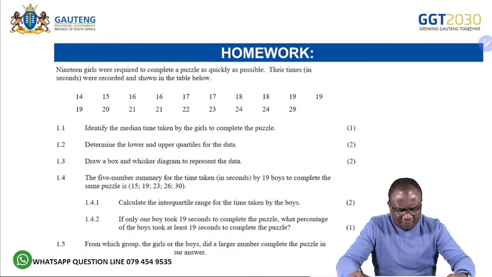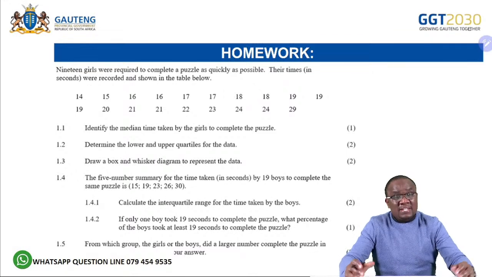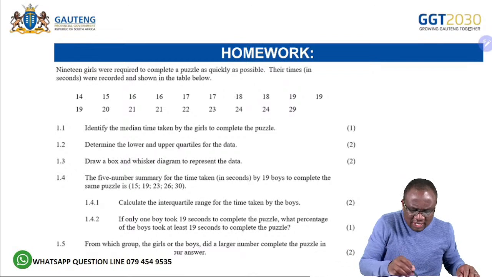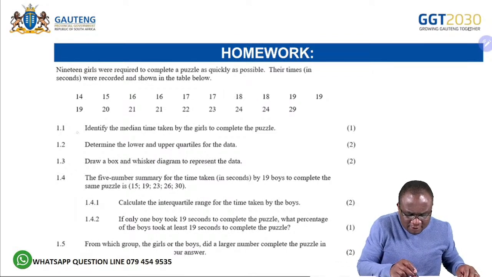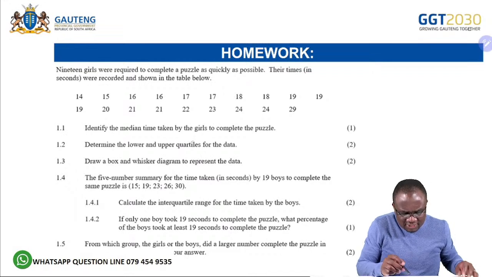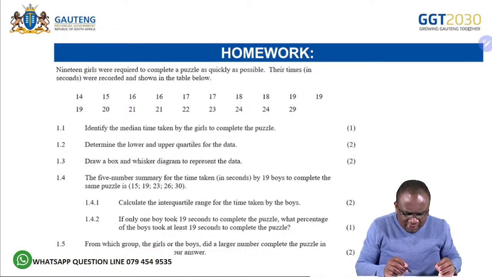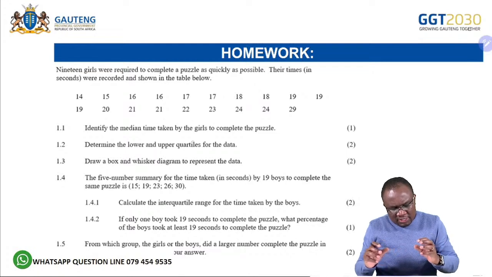How many minutes can I give you for this? Let's try to have maybe 3 minutes. Okay, if you can take a picture, take a picture. You don't need to write, even just try to write short notes. Maybe instead of writing everything there, identify the median, just write median. Determine the lower quartile, you can just write lower quartile, upper quartile, something